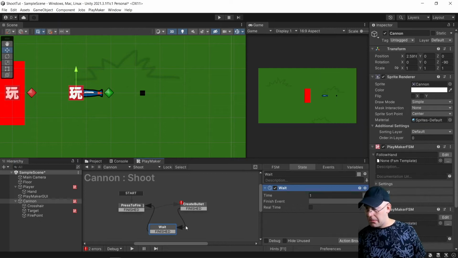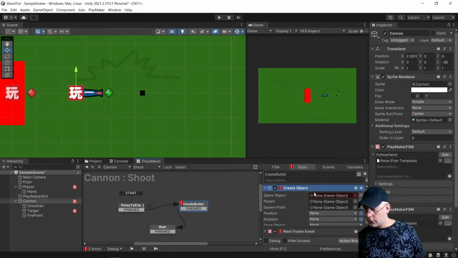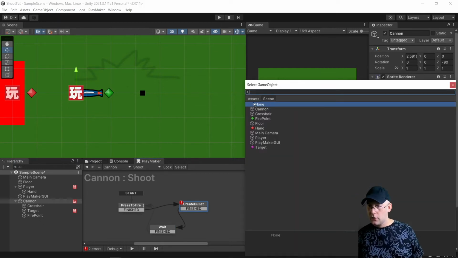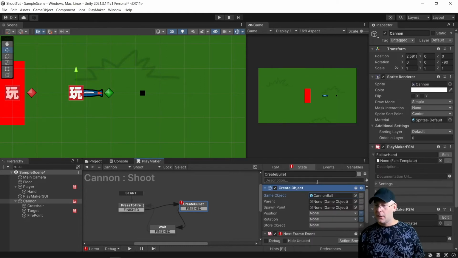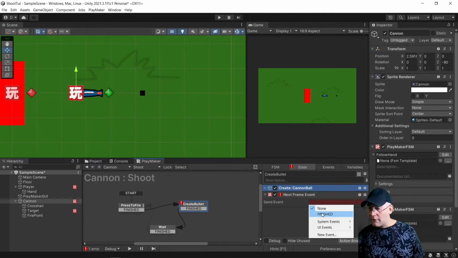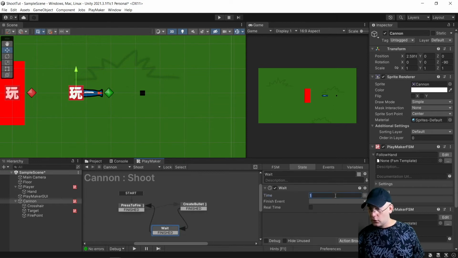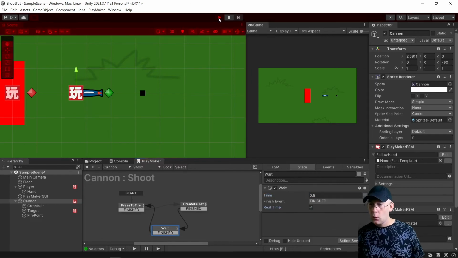Okay, in create bullet, first of all we're going to choose our game object, go to assets and choose our cannonball. Then we're going to choose fire point as spawn point, and then finished for next frame event. In wait we'll say 0.5, finished, in real time. We hit play,